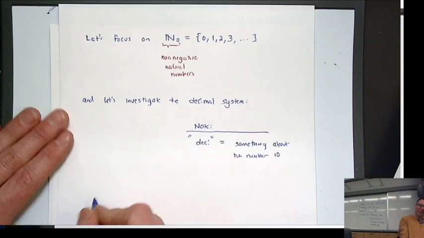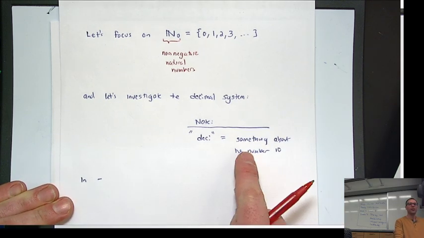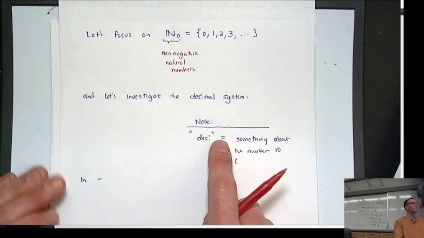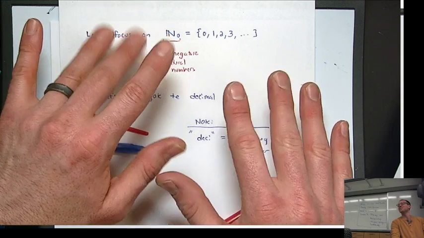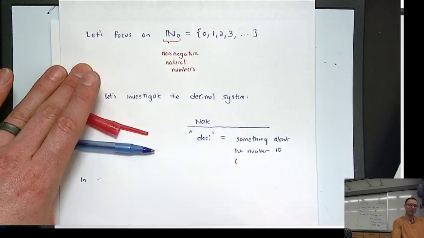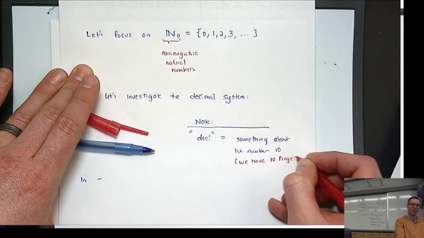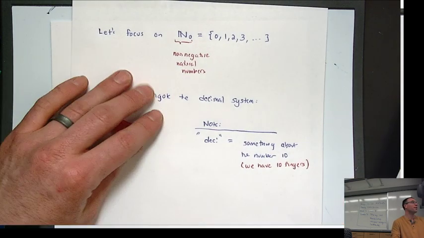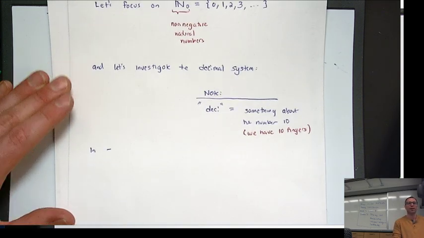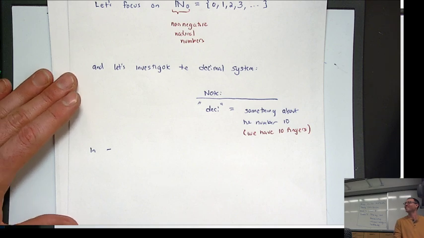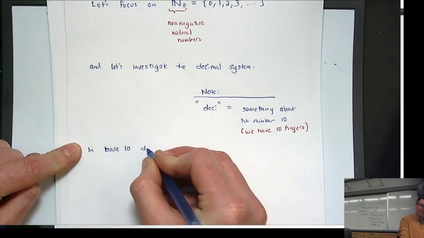Okay, so we're going to say, and I want to say this, could you guess why we like deci? Yeah, that's true. The knuckles on one of our hands. Yep. So. We have 10 fingers. And I'm going to say this right now, counting with your fingers is a very sophisticated thing to do. I know that people rag on it, but I love counting with my fingers. And when things get really big, I have to take off my socks. Right? Okay, in base 10 decimal number system,